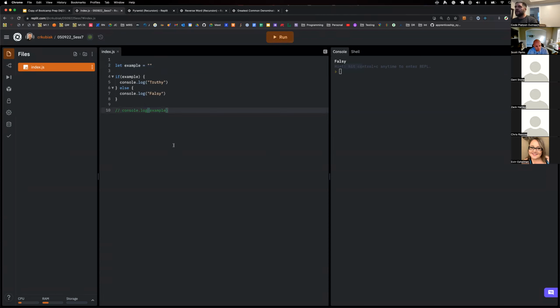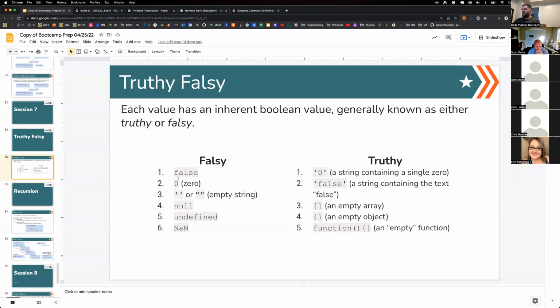Same thing, we could even look at doing it as an empty function. So I could say, let's do it the old way, function example, function, right? So that's completely empty. But if I put that in here, see, it's truthy. There is some value in memory for it. And so the only way you are going to get falsy is if it's false, 0, empty string, null, undefined,